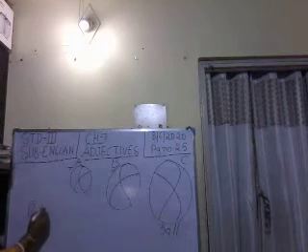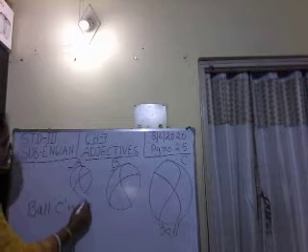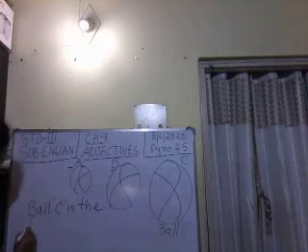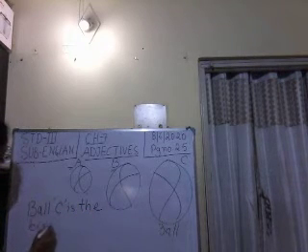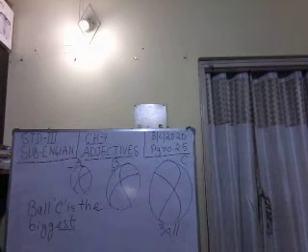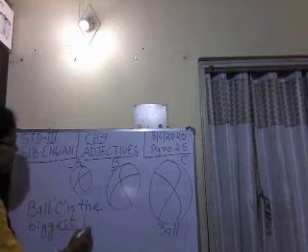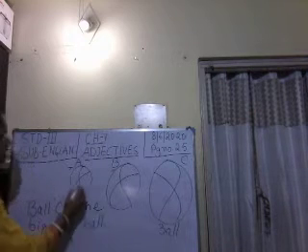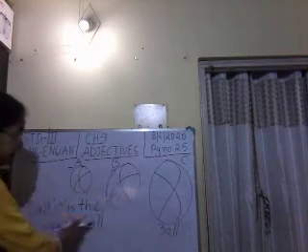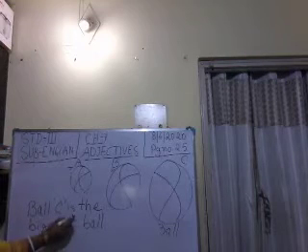Ball C is the EST. What have I added? EST. Ball C is the biggest ball. Among these three, which one is the biggest? Ball 3. So this is called